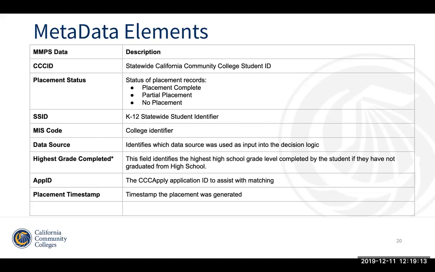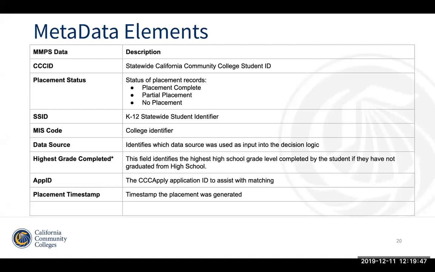This is a new field that's going to be coming across once there's an update and change that's taking place within CCC Apply that is going to change some of the questions that are being asked of students from a self-reported perspective. The current iteration of those self-reported questions in the application ask the students whether or not they have completed the 11th grade. And starting after the break, most likely sometime during a release in Q3,